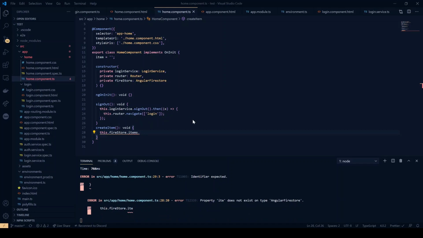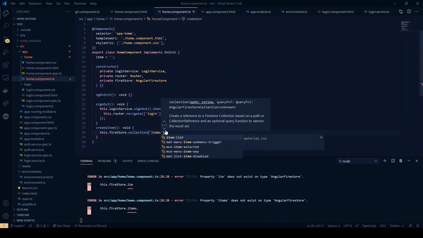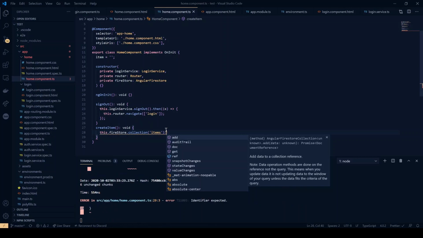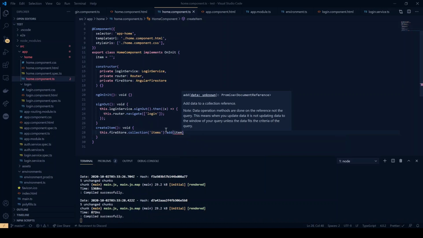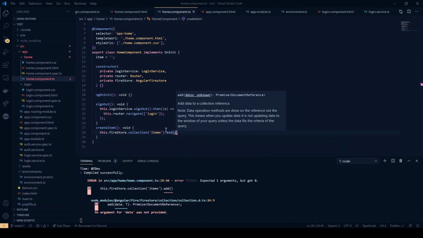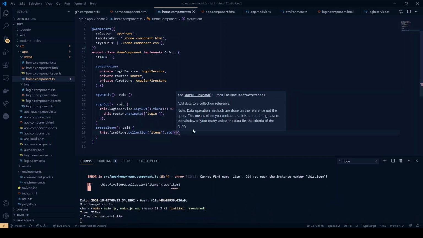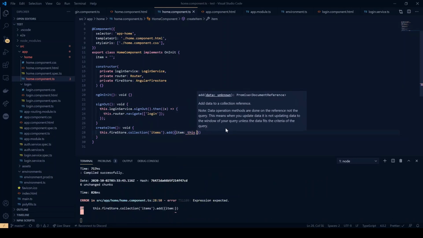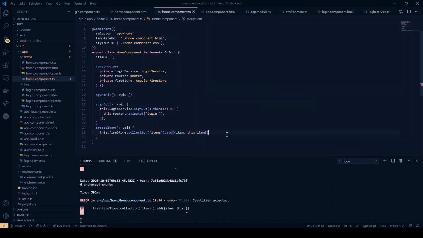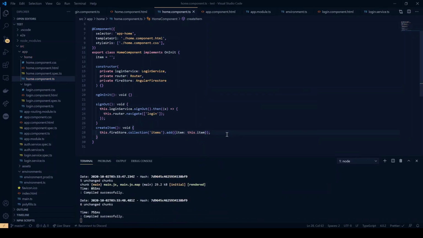Sorry, it actually takes that as a parameter. Collection items, and we are going to add this data, and we will say that the item that we are passing is going to, well, actually, it needs an overall JSON object with all the data, and we'll say that this JSON object has the value for item as our value of item. All right, fantastic. Let's see this in action, and we're going to use the Firebase Console itself to